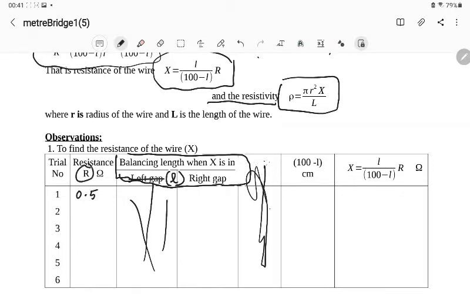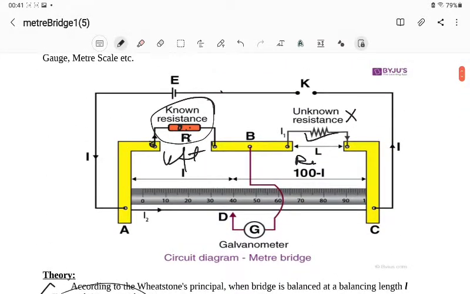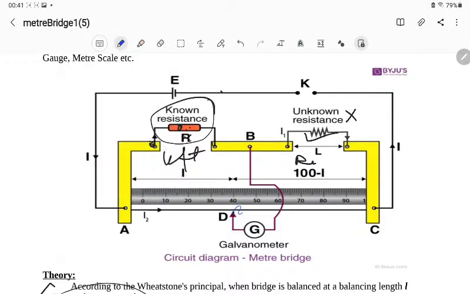R is 0.5. Okay, now after putting 0.5 ohm resistance, now you have to move this jockey over this wire until you find a balance point. Okay,